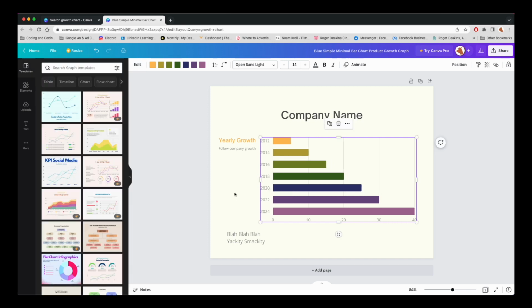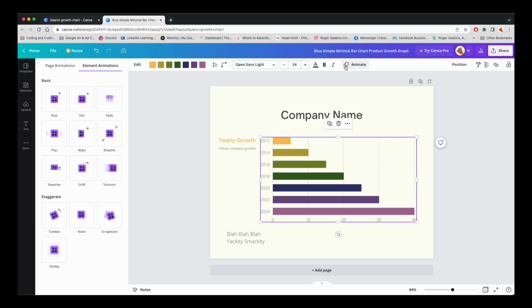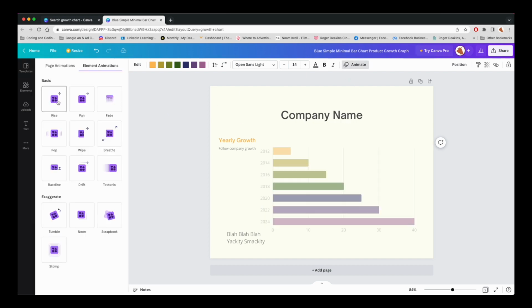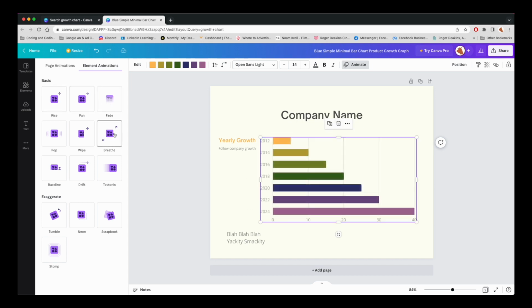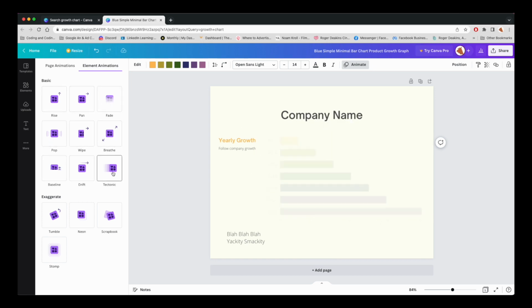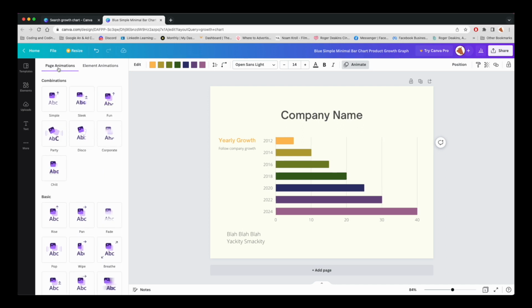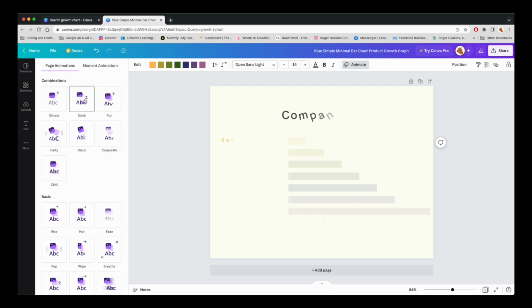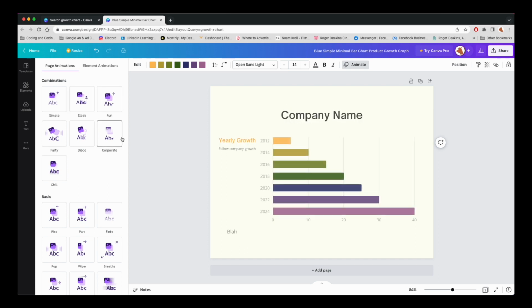And then now to animate, there's this animate button here. Just hit animate. And it shows a few different animation styles. There's also in page animations, it shows more. This one looks good. Okay, now